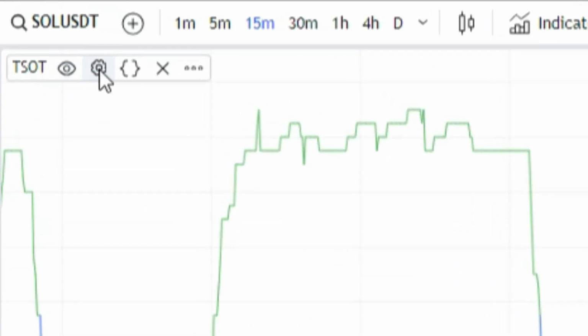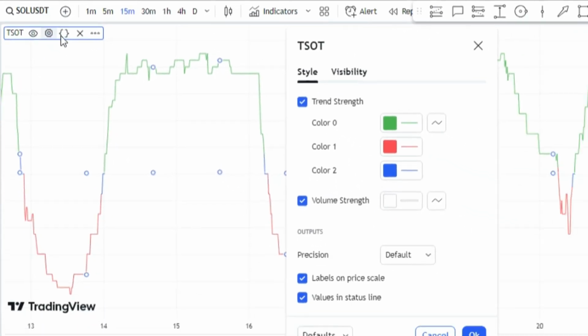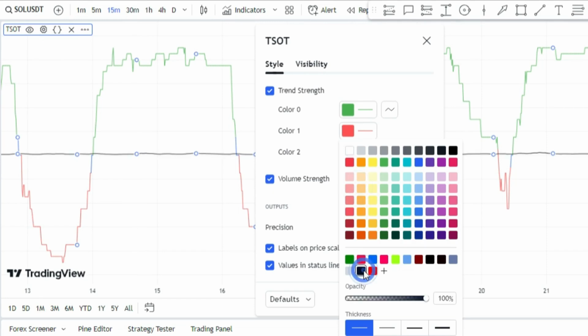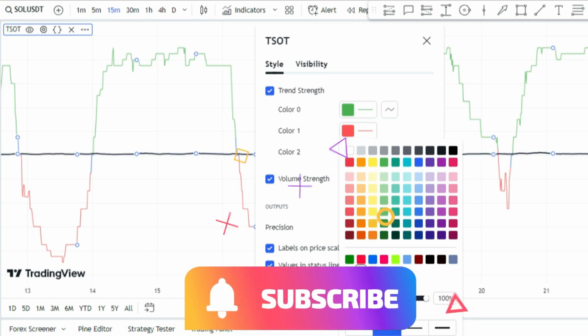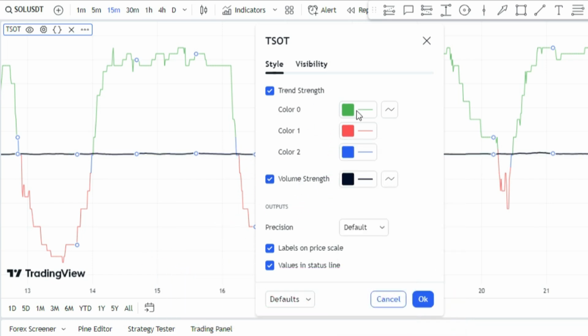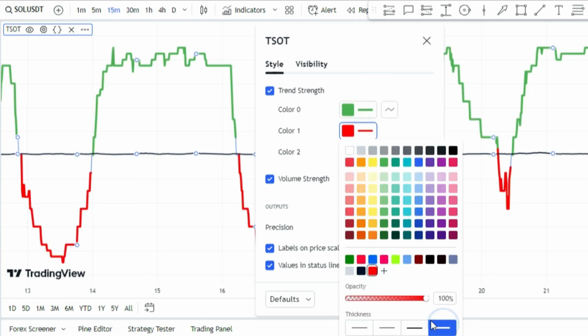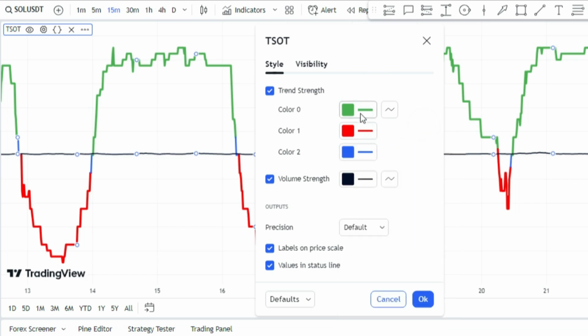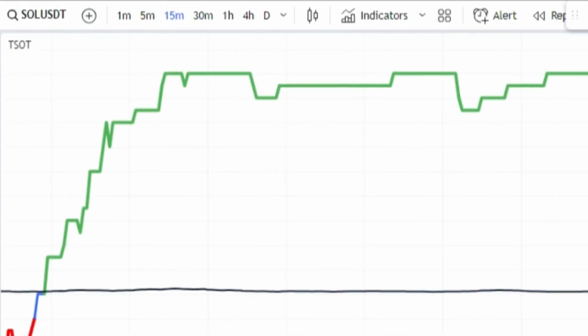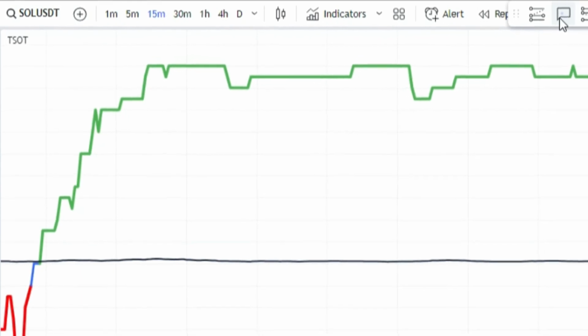Once you have added the second indicator to your chart, head over to its settings and customize its style to make it more effective for your trading needs. With both indicators working together, you'll have a more comprehensive view of the market and be better equipped to make